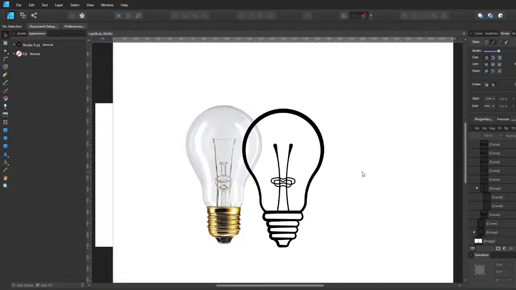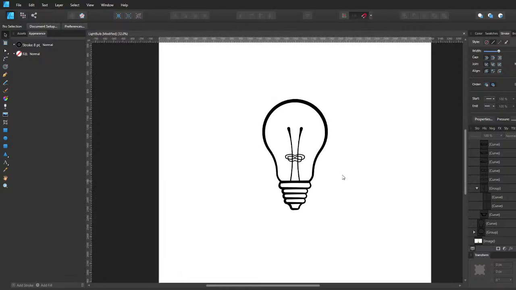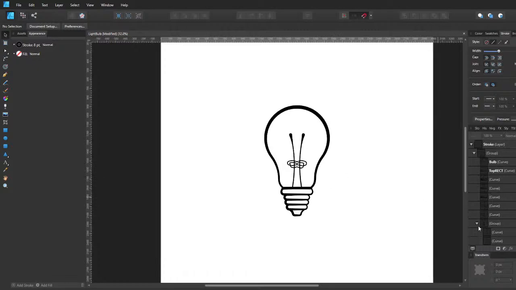Alright, so there's the base of our light bulb. I like how everything is looking so far. Looking pretty good. Let's look at it without this. And yep, you could tell that is definitely a light bulb. Alright, so now that we got that going, we're going to go ahead and